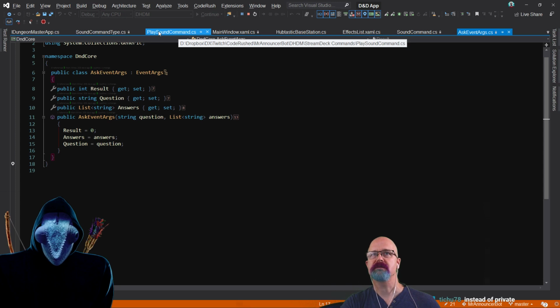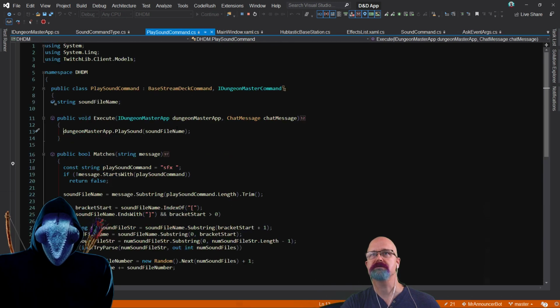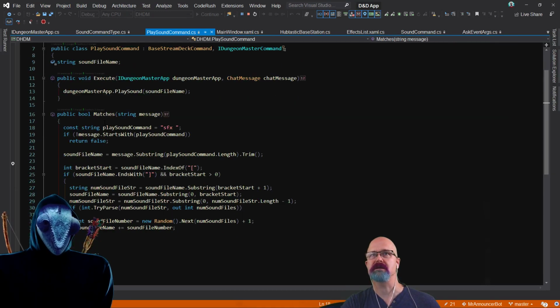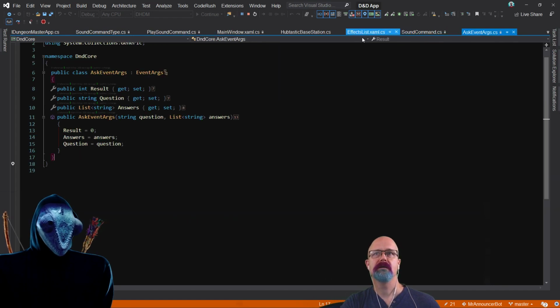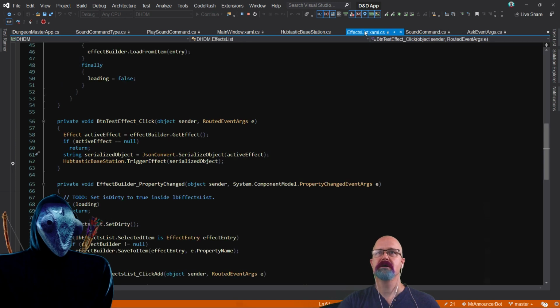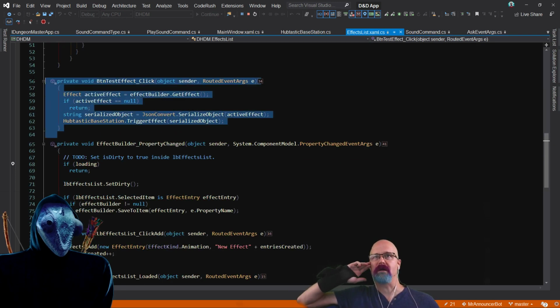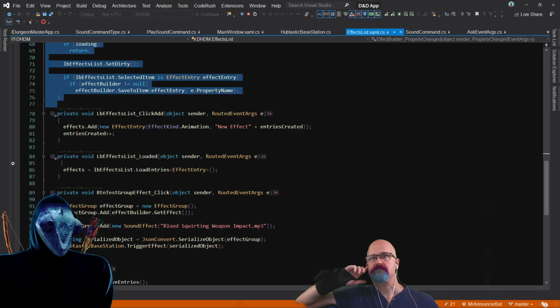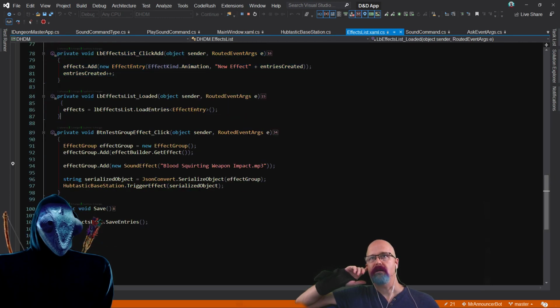Let's see if we can find something a little more interesting here. Well, this is private. I've got two pieces. These are both public because they need to be public in that structure. That all needs to be public because they're event args. Come on, here we go. There's some private. Okay. So yeah,